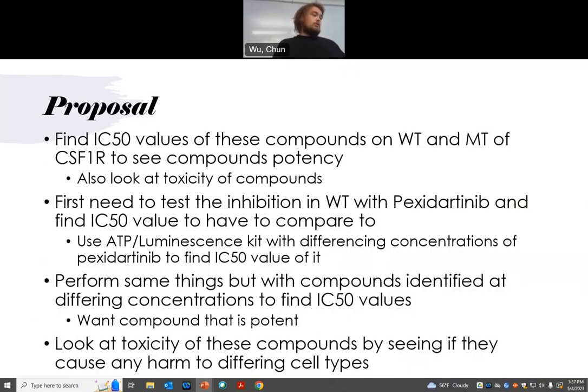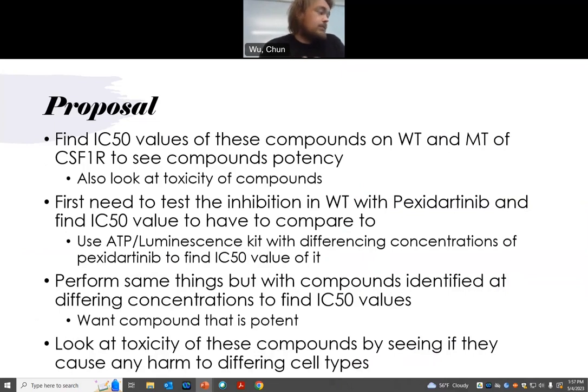So basically the proposal is to find the IC50 values of these compounds on the wild type and mutants to see the potency of these drugs. But we also want to look at the toxicity of the compounds to find a better drug. So to start off, you have to find the IC50 value of the wild type with the FDA-approved drug, which